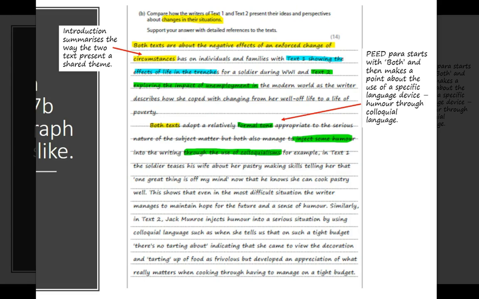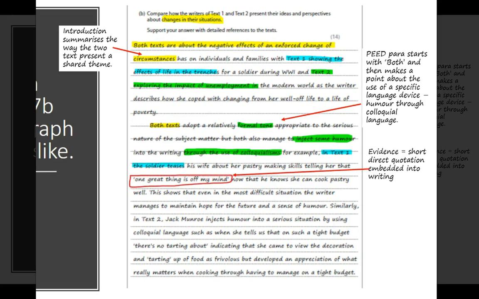Okay, so we're using technical terminology, which is a requirement for this question, and we're being very specific and identifying specific language devices. We then provide some evidence from text 1, and again you need to make it clear which text you're writing about, so it's a good idea to use the term text 1 and text 2 or refer to the writers. The evidence in this case is a direct quotation which is short and has been embedded into